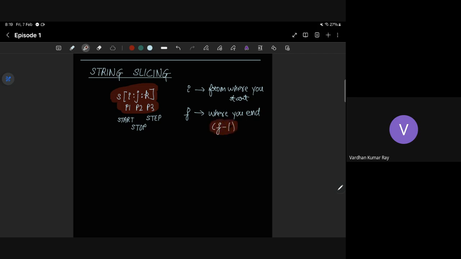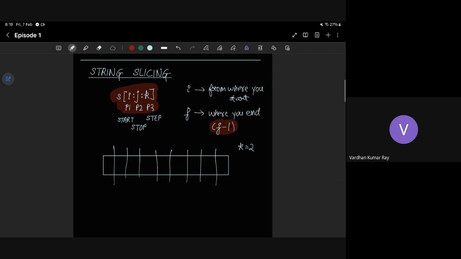Suppose this is a string, and my i is starting from this ith index, and my step is suppose 2, right? And my j, suppose, okay, let my i be... yes, correct. So we wrote the end part is not included. If I write j, I need to stop at j, that means I need to stop at j minus 1.